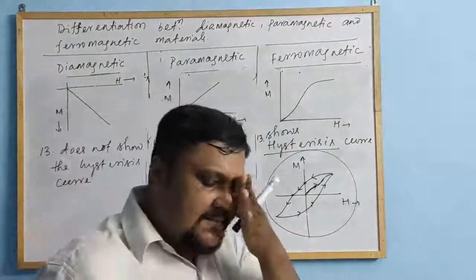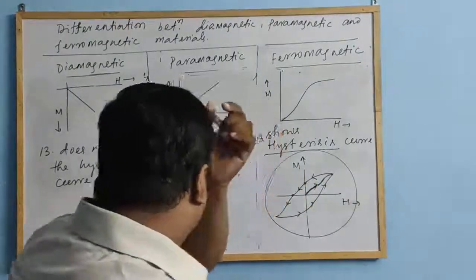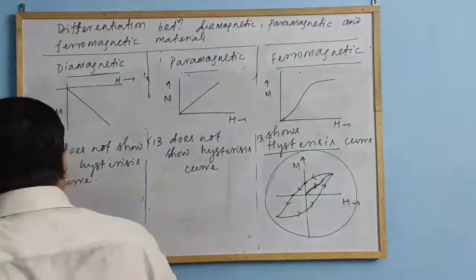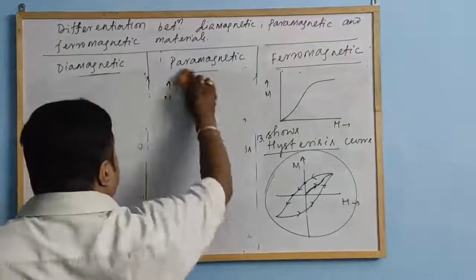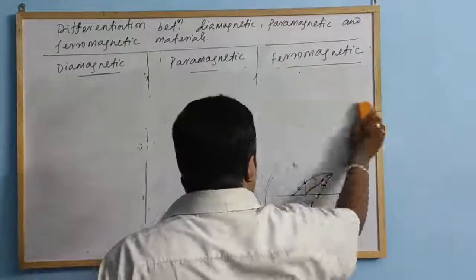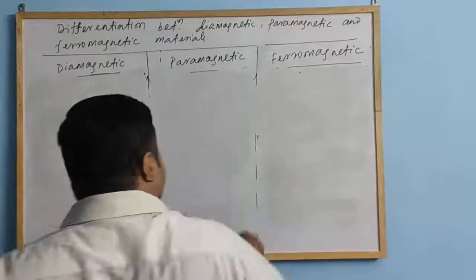That is a different thing that is not required here. So we write on the differentiation part. Okay. So next comes the Curie law. On the basis of the Curie law, how are they differentiated?